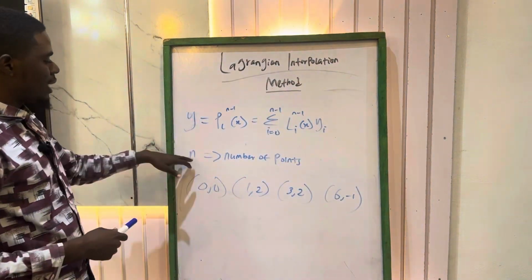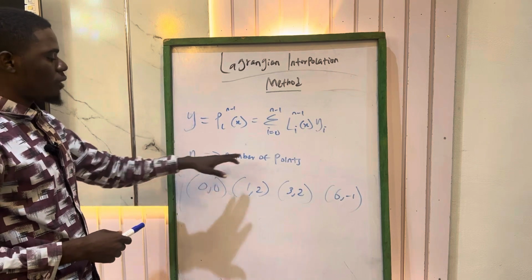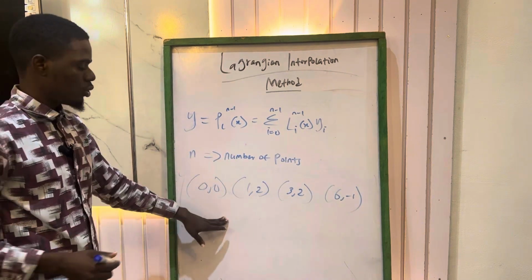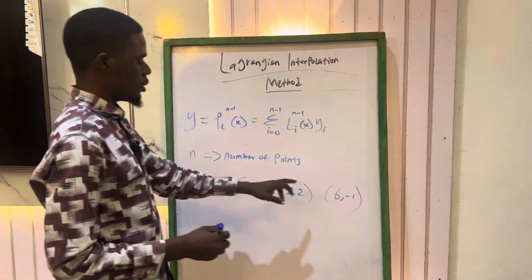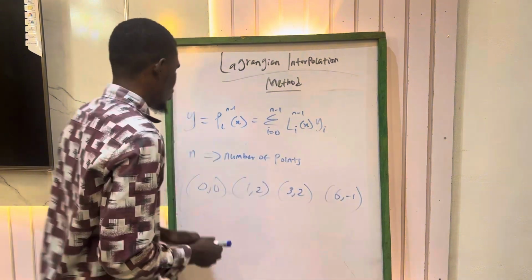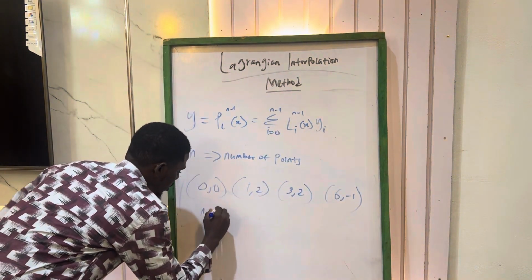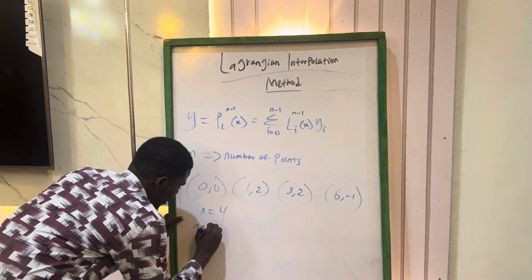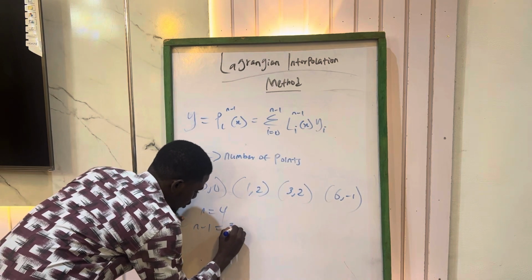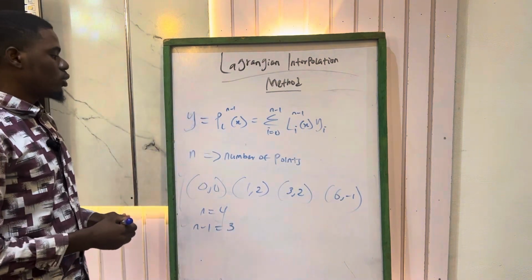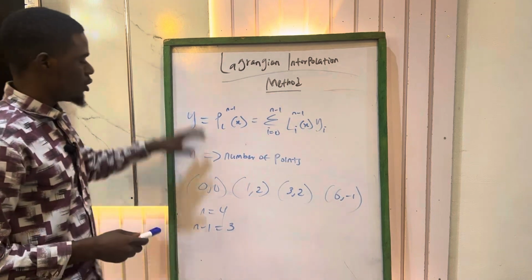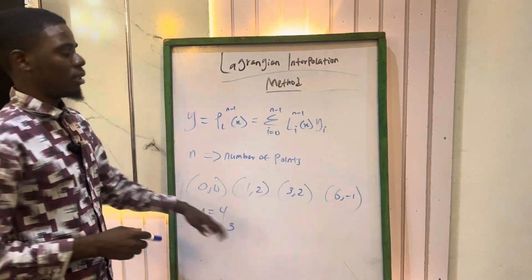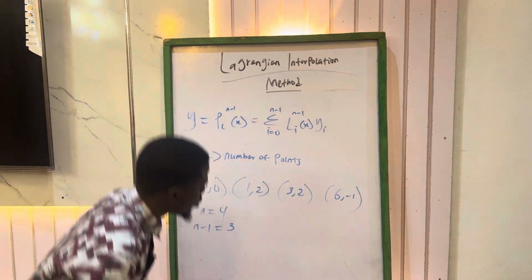So now, if our n is equal to the number of points, then from this question we have the first point, second point, third point, and fourth point. So if our n is equal to 4, then our n minus 1 is obviously going to be equal to 3. So now we can further simplify this equation to fit the question that we are solving. So this means that, according to this question, our